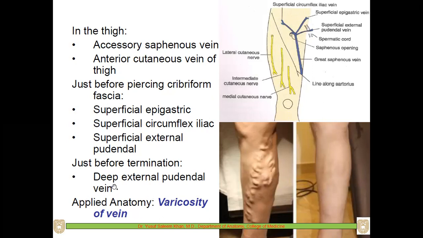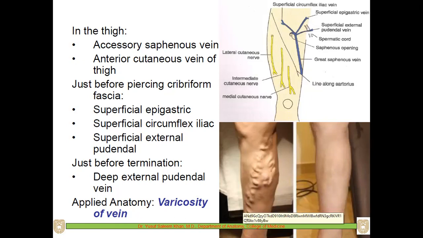Now coming to why the great saphenous vein is so important. As I said, this is the main vein which will be draining the lower limb, but it is also very prone to pathologies. One of the commonest pathologies is varicosity of the vein. If you see here, this is the normal saphenous vein, where you cannot see the saphenous vein at all. But here, this is called varicosity of the vein, varicose vein, where the vein loses its patency,